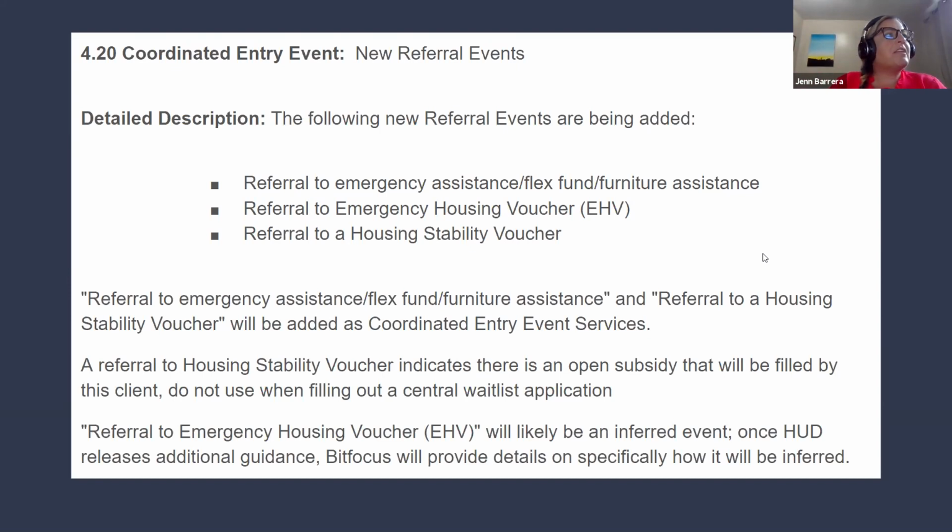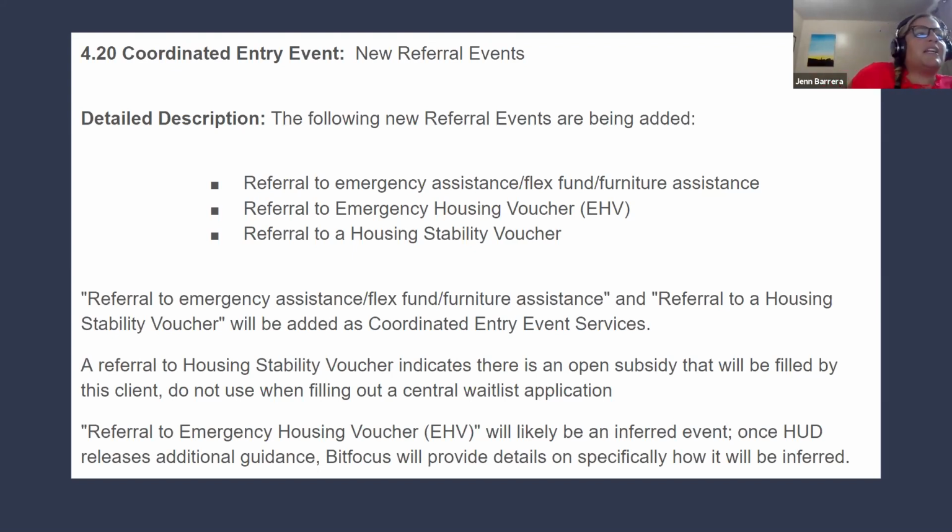So this is related to the coordinated entry event. If any of you are not working in coordinated entry, which is okay, I just want to be clear. In coordinated entry, because they're so special, instead of services, coordinated entry services are called events, which does make sense.